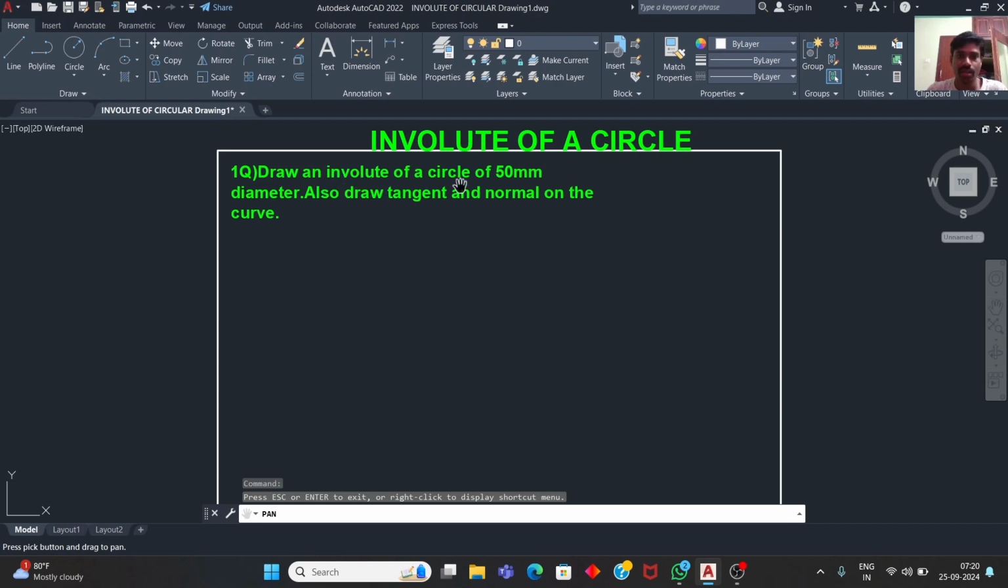In this question, they have given the diameter of the circle, and also asked to draw a tangent and normal at any point. They didn't give any dimension for drawing this tangent and normal. So on the curve, at any point, we have to draw a tangent and normal. So let us start. For drawing this involute of a circle, first of all we need to draw a